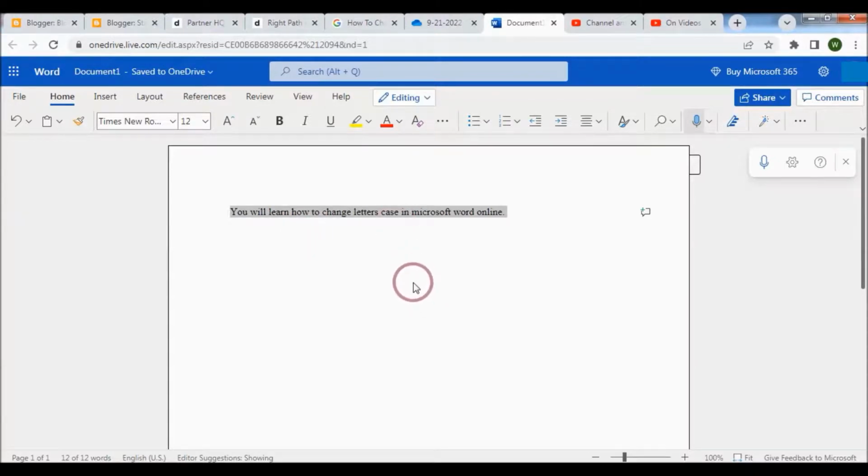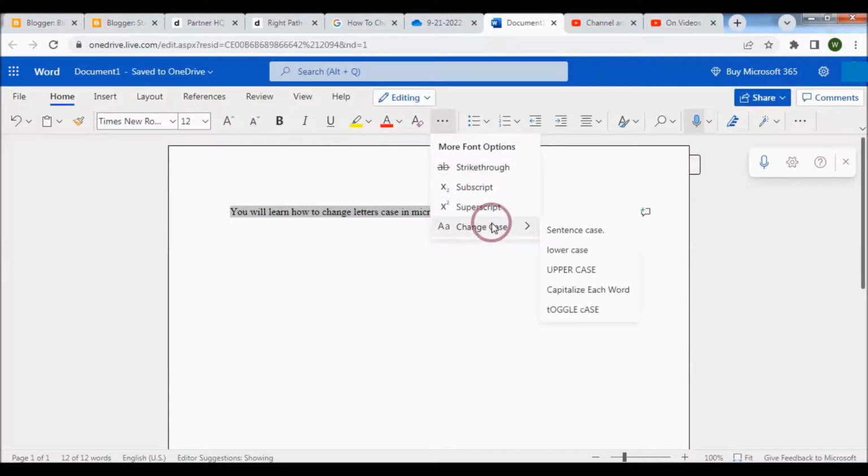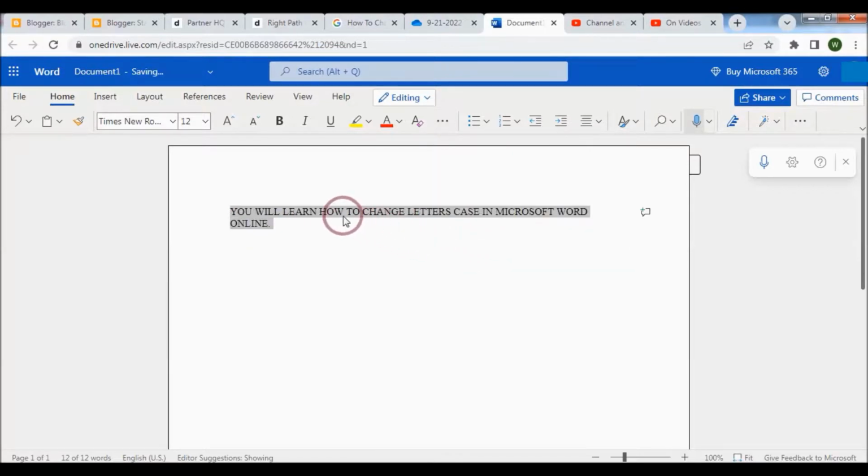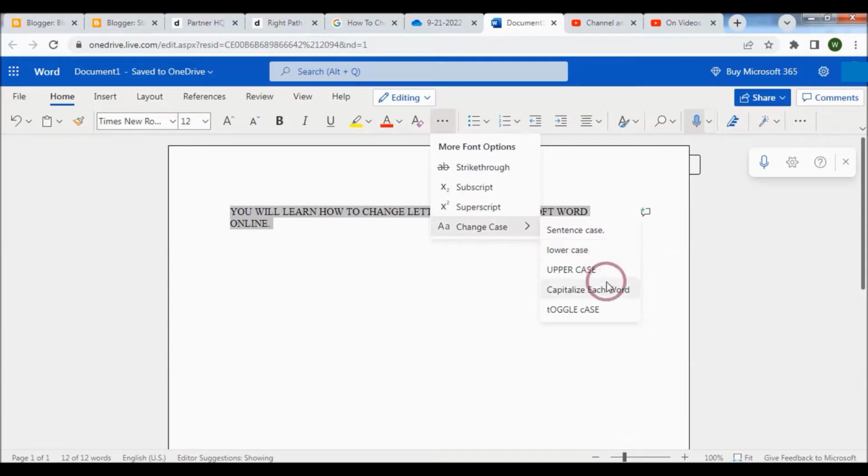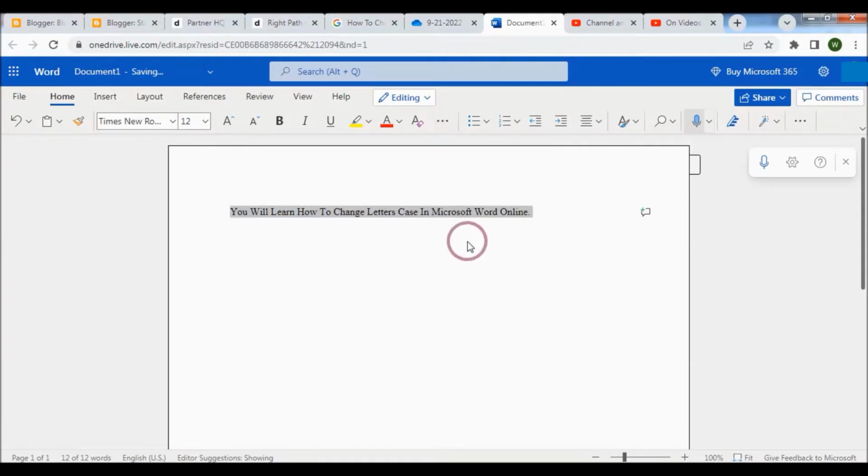You can also change letters case from here. If you want to change to uppercase, you will get that, and if you want to change to capitalize each word, and if you want to toggle this,